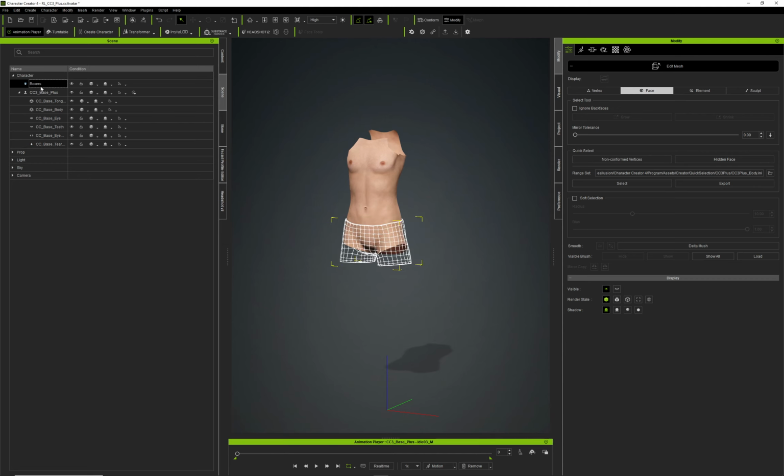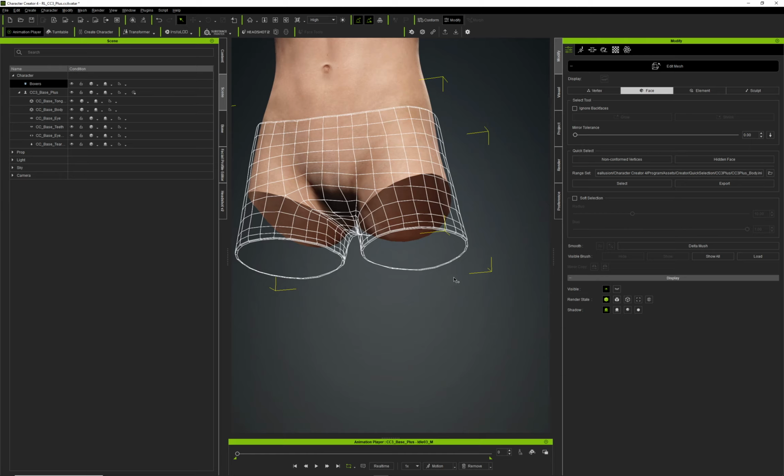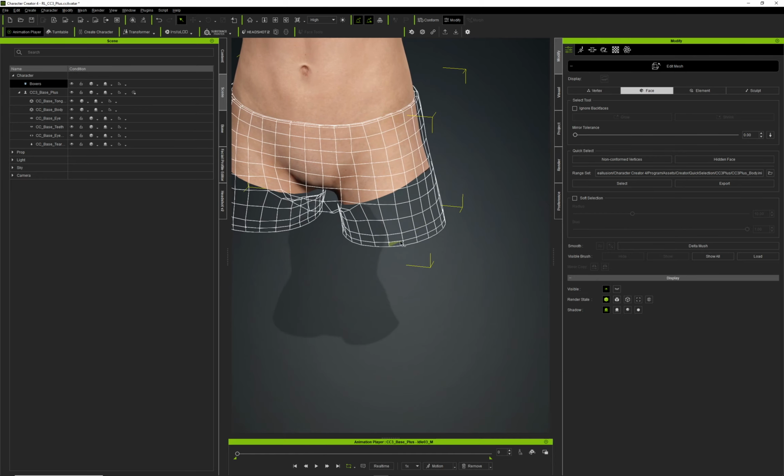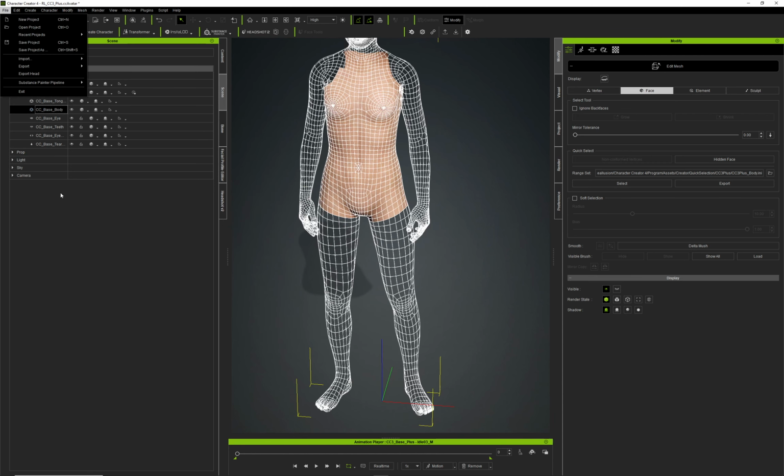We don't want our boxers because this is our naked body. And you can see that the boxers have extensions down below that are not associated with that, like there's no legs here. So if we put our boxers on, then we're going to have an issue with the legs. So we don't want those. We're going to keep those off, and then we're going to file,